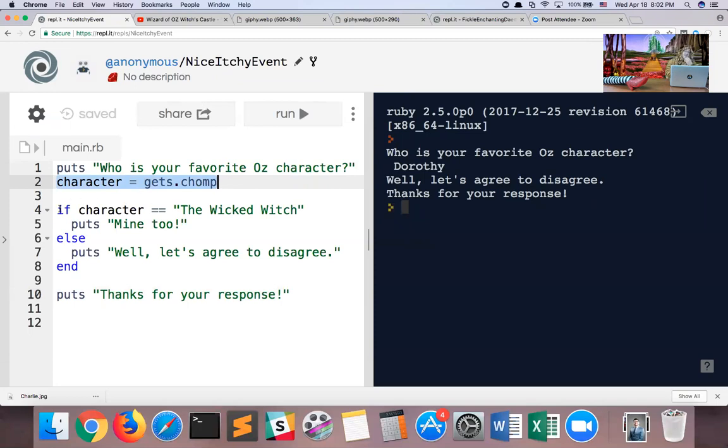We then get to line 4. This line runs no matter what. It says if the input that the user typed in is the Wicked Witch. Now at this point, Ruby doesn't go just straight down, one line at a time. It depends on what the user typed in. So if the user did type in the Wicked Witch, then Ruby processes line 5 and then skips all the way down to line 10.